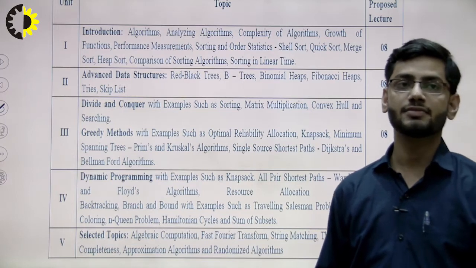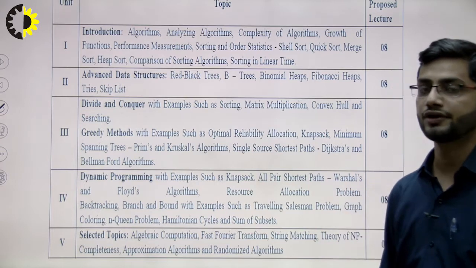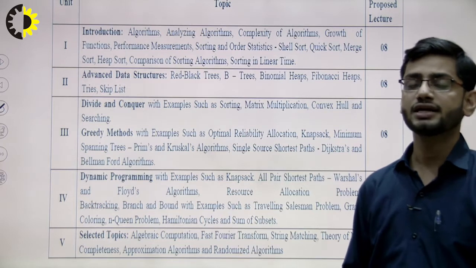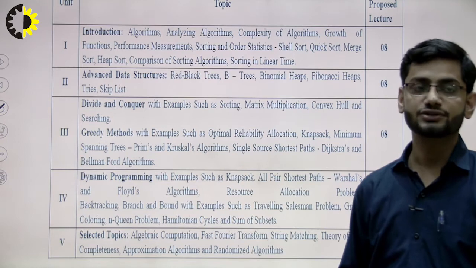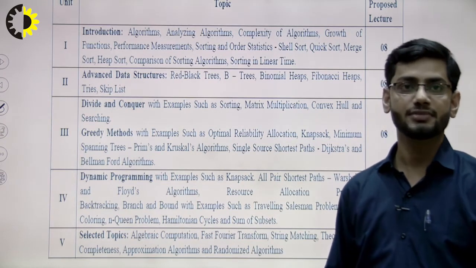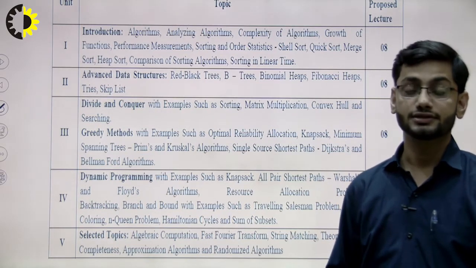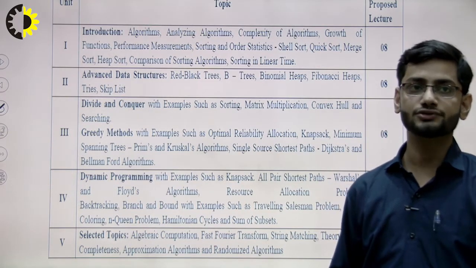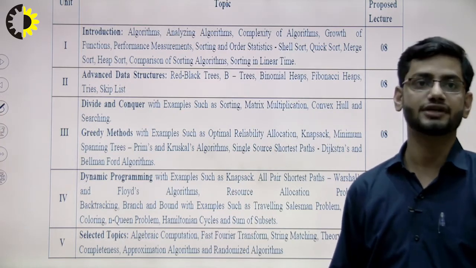The syllabus comprises of 5 units. First unit discusses the introductory part that will introduce what is algorithm, what are the features of algorithm, what are the various aspects we can analyze about algorithm, what is the difference between algorithm and program, and here we will study various types of algorithm, sorting algorithms, and we will draw a comparison about these sorting algorithms, that which sorting algorithm is giving best output in which case.